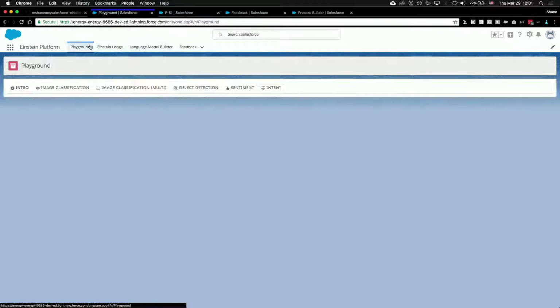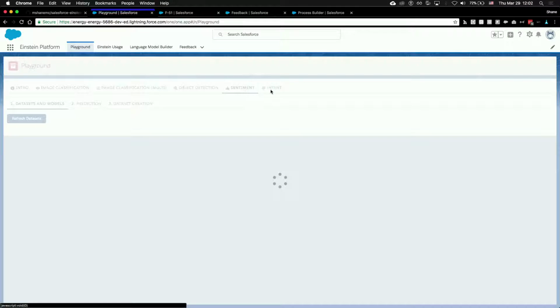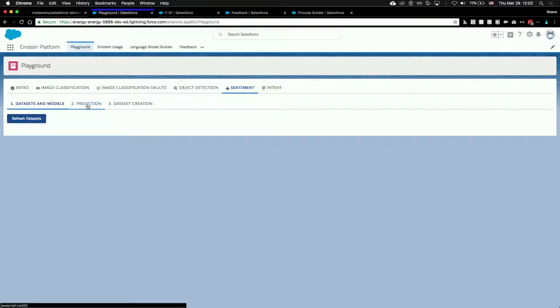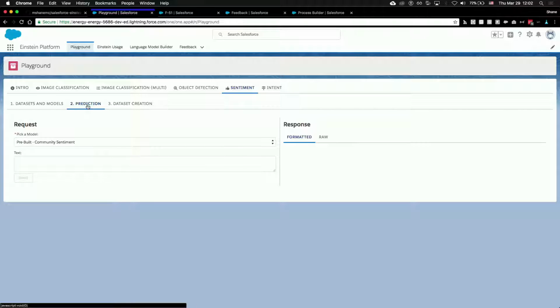And then the other thing that's in the playground that's worth looking at is you can actually do sort of ad hoc predictions here. As you're building a model and as you're testing it, rather than building it in a process builder, you can pick your sentiment and try those types of things, and then start to get back iterative results, right? And same thing with images. If you just need to upload an image and see, oh, there's 12 sheep in this picture. Did it correctly count all 12 sheep? I can do some really simple debugging that way. So all of this playground stuff is really meant for the person who's building the models to be able to set these things up.